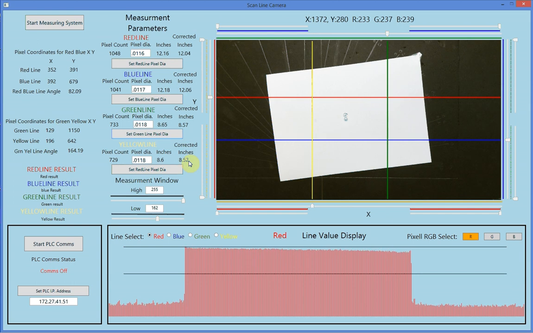By the way, once it does the final compensation, it sends all this information to a PLC, and the PLC determines whether to reject or accept the panels going through its view. Now if we bring it back to 90,